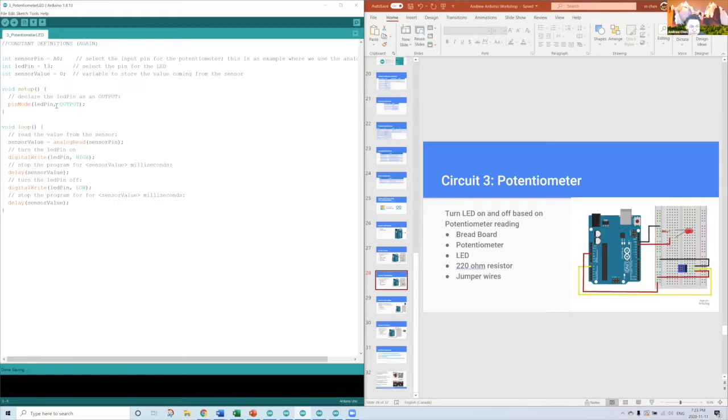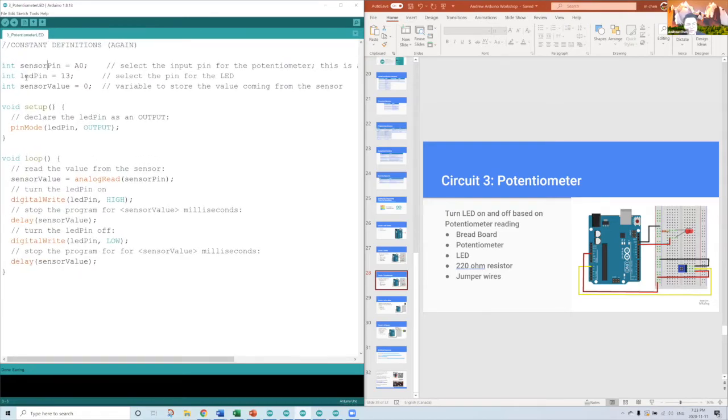Let me zoom in. The LED pin again is 13, and then the sensor value at the beginning is 0. In terms of the setup itself, we want to declare the LED pin as an output, same thing as before. And then in terms of the function definition,